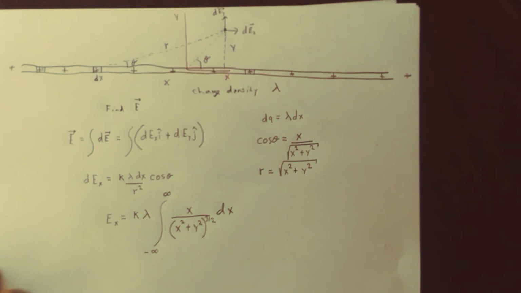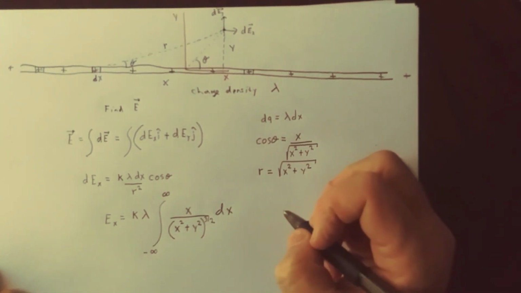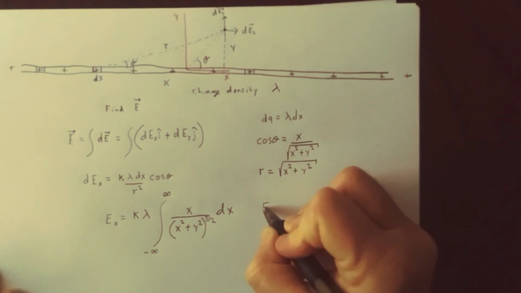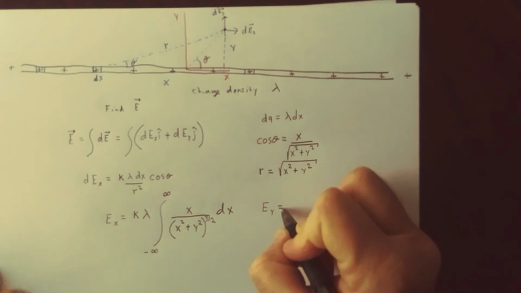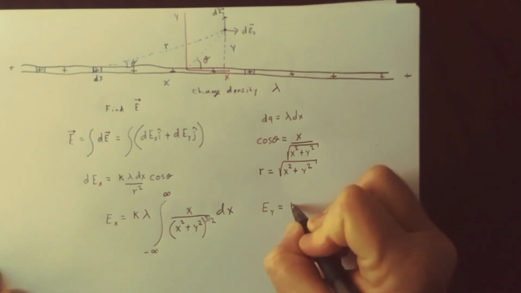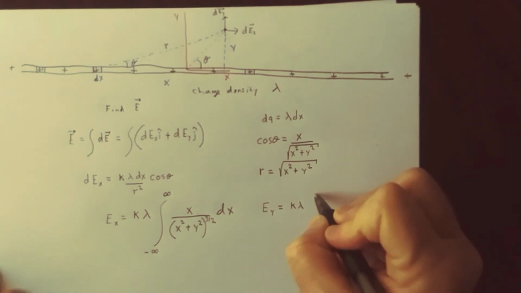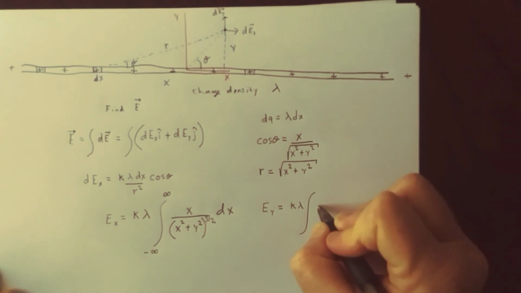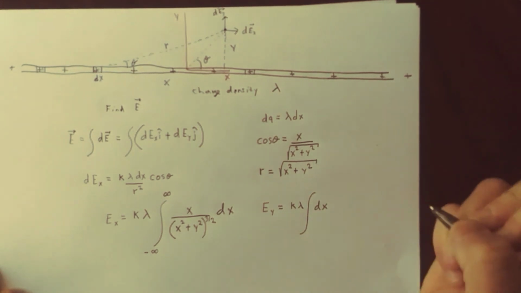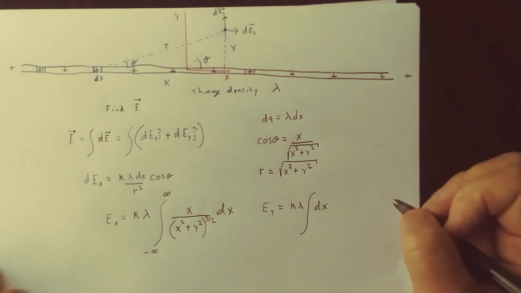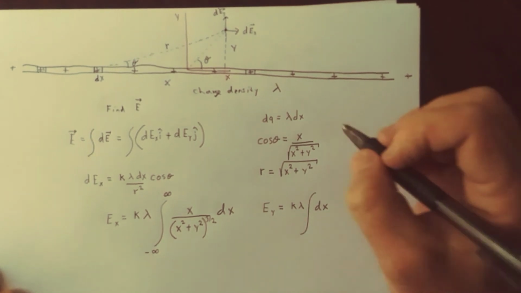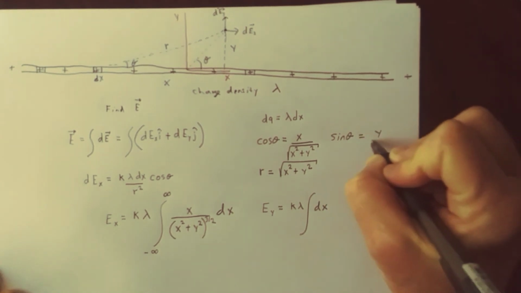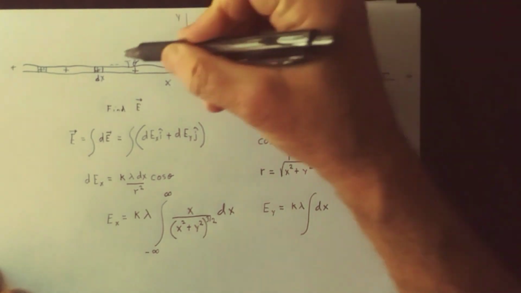And let's write down the y component of this, and then we'll actually do the integrals. So the y component of this involves k times lambda. We're going to integrate in x times the sine of theta. And the sine of theta is y, the opposite over the hypotenuse, so it's